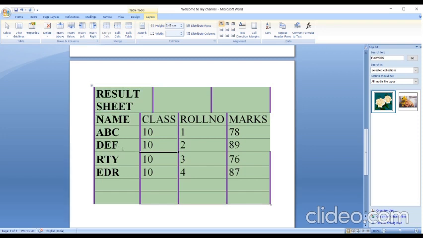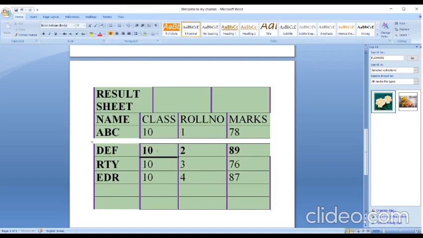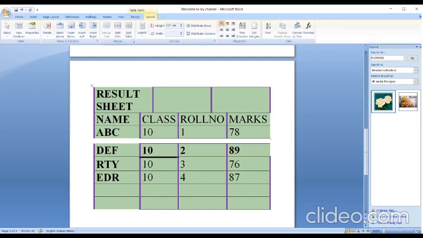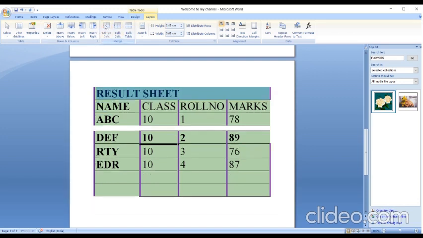Now if you want to split your table, to break your table into separate tables, click on Split Table. You can see now it is converted into 2 tables. So this way you can split as well as merge. I am again merging it.